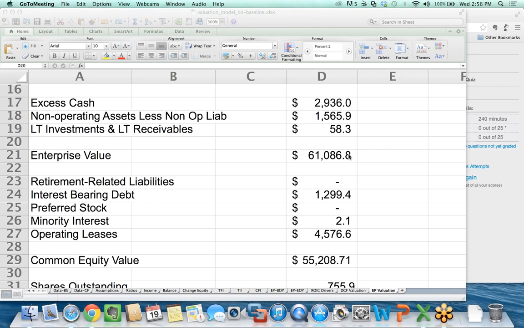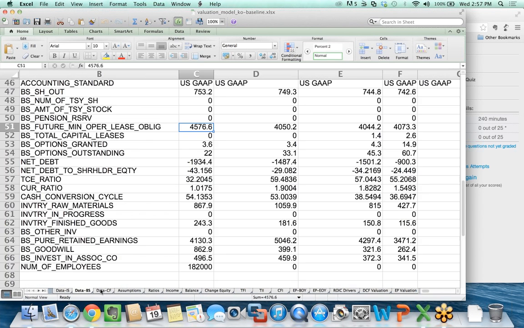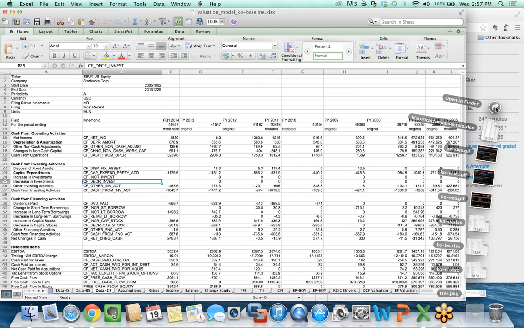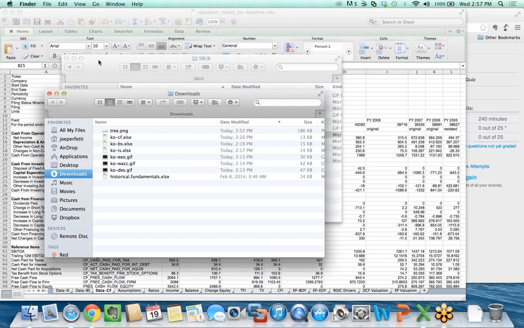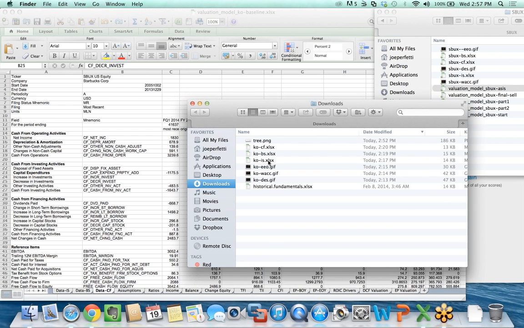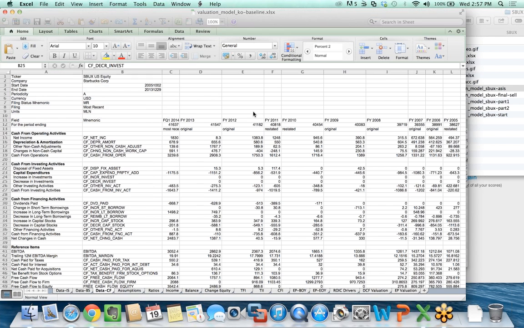So here's what we're going to do with our now baseline version of the Coke model. Remember that the model works from left to right, the first three tabs. The data IS, data BS, and data CF, income statement, cash flow, and balance sheet are the historical data coming from Bloomberg with right now Starbucks in it. So what I want to do is overwrite that with the Coke data. So again, going to my downloads folder, I'm going to take first the income statement data for Coke. I'm going to select it, copy it, come in here,